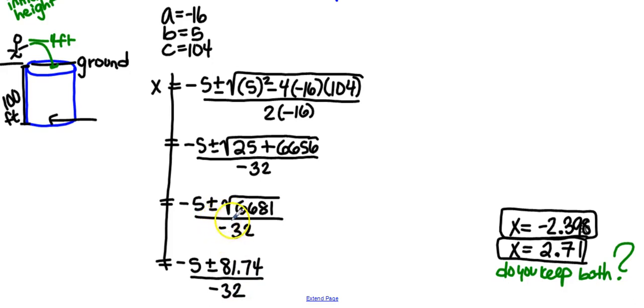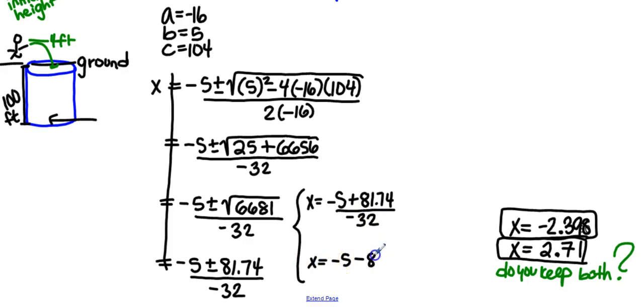Notice, as soon as I actually take the square root, I should not be writing the square root sign again, because I took the square root and I got this answer. I can't simplify this any farther, so now I am ready to break it up into my 2 possible answers using the plus minus. So it's going to be x equals negative 5 plus 81.74, all divided by negative 32. And then x equals negative 5